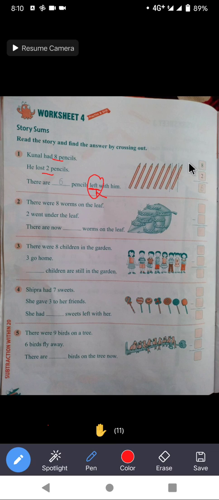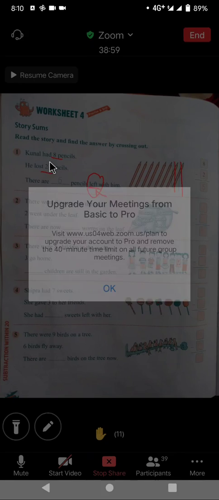Cross out 2 pencils, 1, 2. How many pencils are left? 1, 2, 3, 4, 5, 6. He is left with 6 pencils. You can also do it like this: you can arrange the numbers in a column and then subtract. So the bigger number